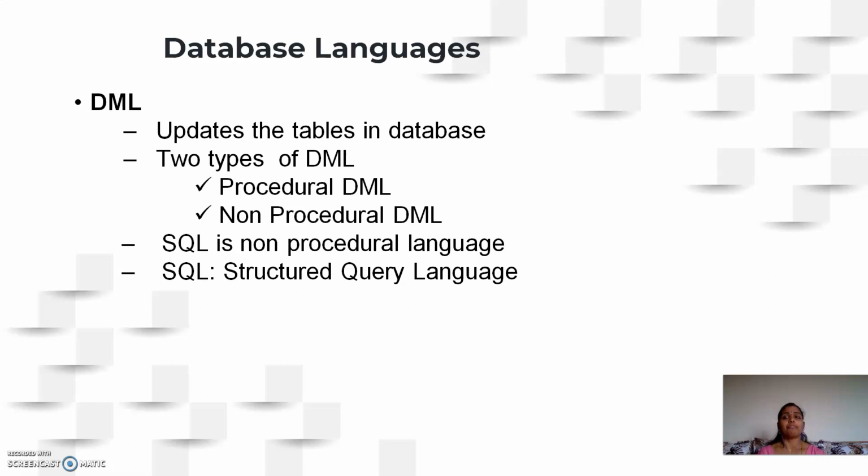So again, if we recollect what are the database languages, these are the languages or commands which are allowing the user to modify or communicate with the database. So if we are modifying the schema, we call them to be DDL, data definition language. If we are modifying the data, we call it to be DML, data manipulation language. By now, you must be able to understand what is the purpose of DDL and DML commands. What are the different constraints that DDL commands will provide?